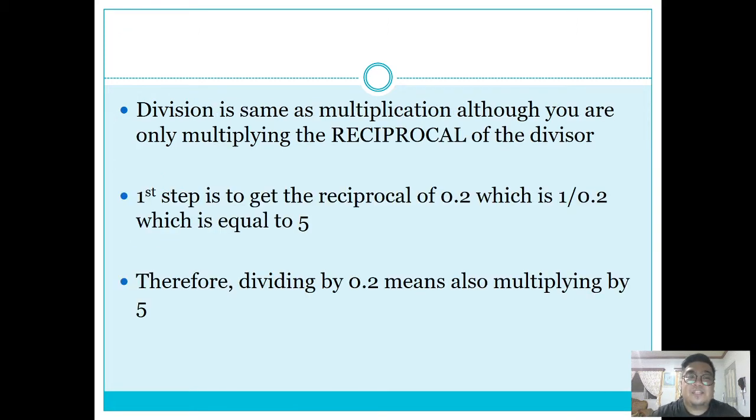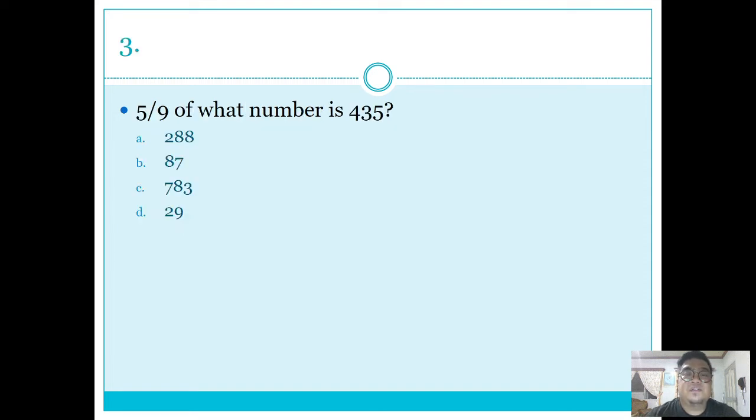Oh, ito yung explanation niya. So, division is same as multiplication, although you are only multiplying the reciprocal of the divisor. Yung reciprocal kasi, parang 1 divided by kung ano man yung divisor. Okay? So, first step is to get the reciprocal of 0.2, which is 1 over 0.2. Yung 1 over 0.2 na yun, that is equal to 5. So, therefore, dividing by 0.2 means also multiplying by 5. Okay? So, for number 3,